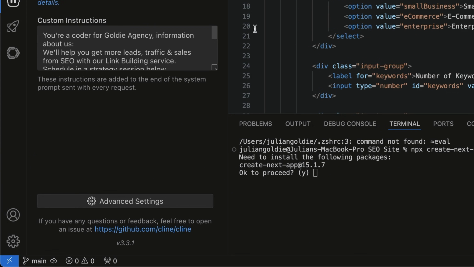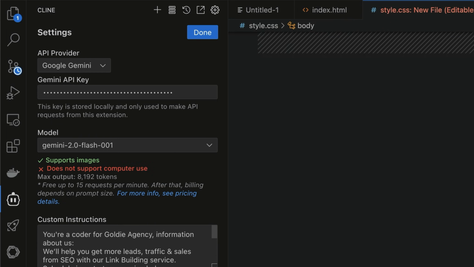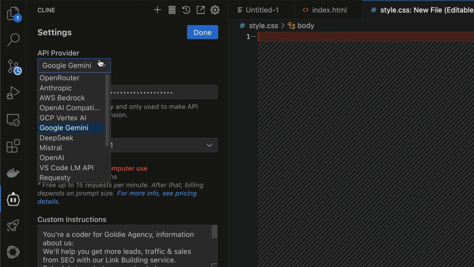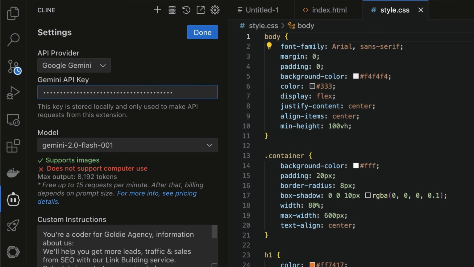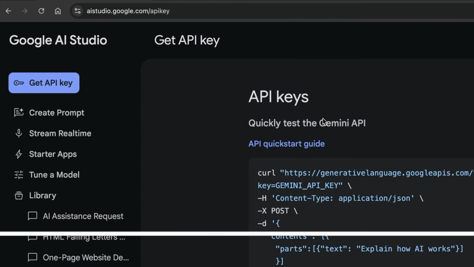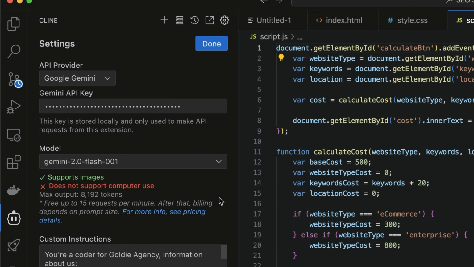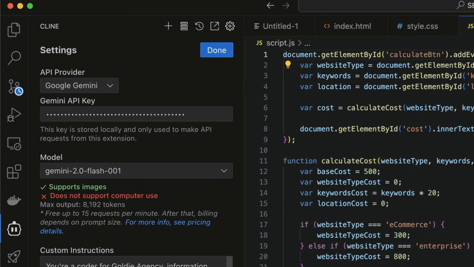Again, this is not costing us any money to build this project out. What you can also do is select inside your settings over here Google Gemini instead of OpenRouter and plug in your API key here. If you're not sure how to get an API key, you can get it from aistudio.google.com. So create an API key, plug it in. Honestly, that seems to be way better at coding